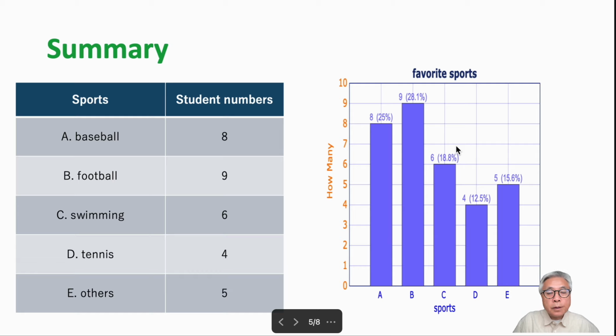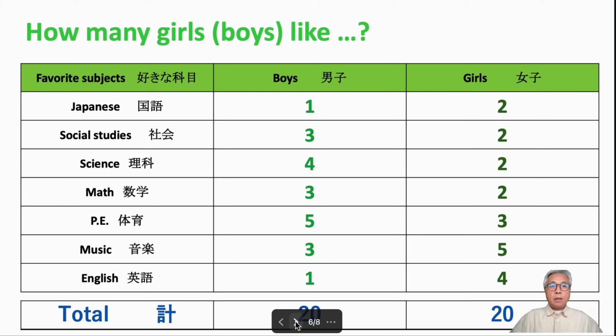Which one do you like? This table, this graph? I'm not sure, maybe this graph can show the data very clearly, I think. グラフの方がわかりやすいと思います。